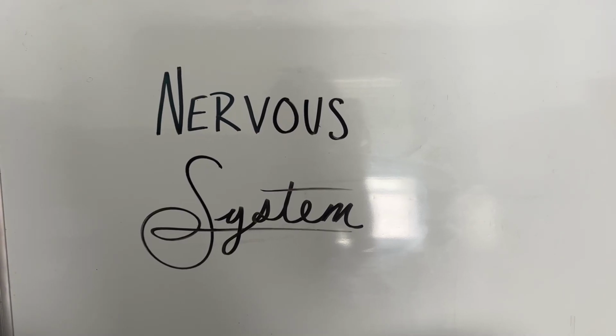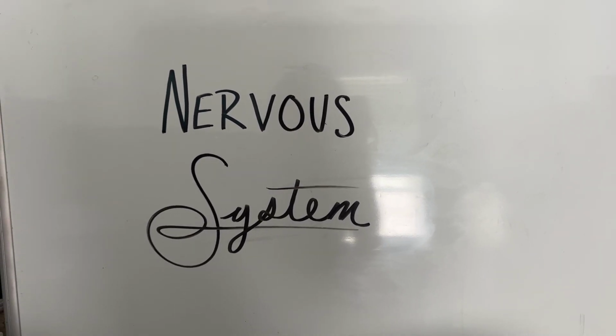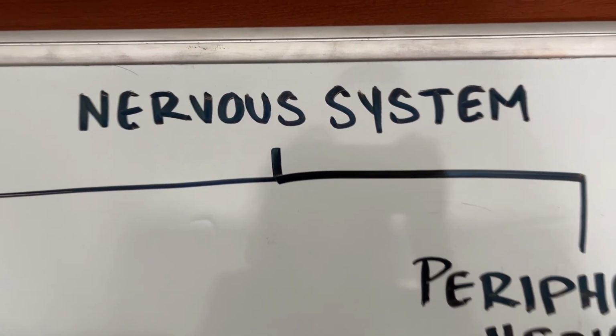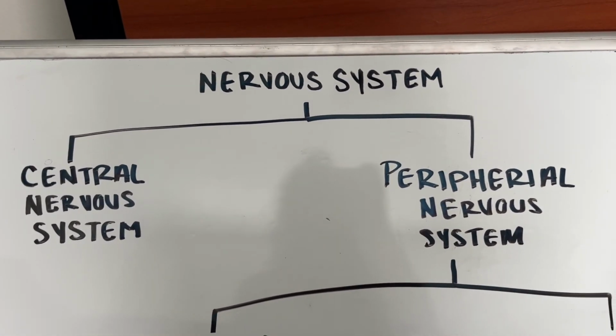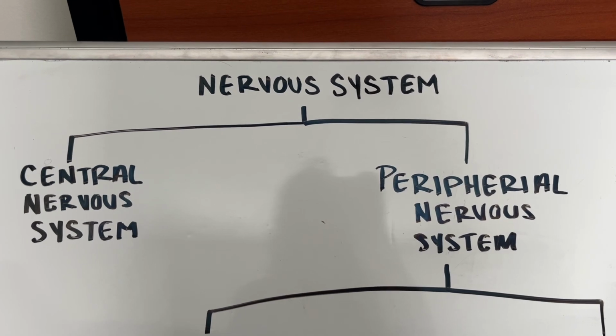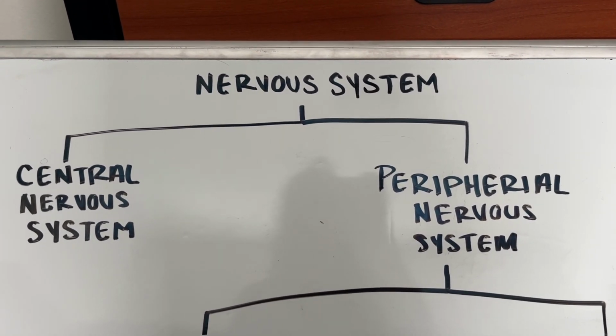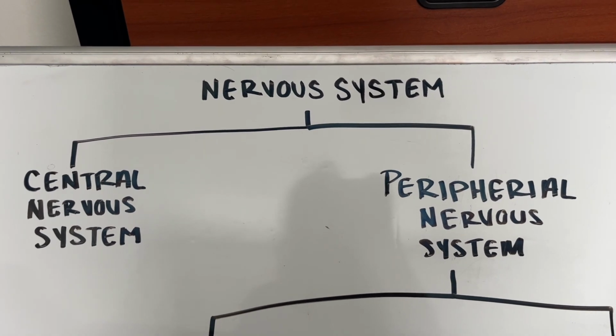In today's video, we are going to be talking about the nervous system. There are many different divisions of the nervous system. Our first division is between our central nervous system and our peripheral nervous system. Central nervous system is your brain and your spinal cord, and your peripheral nervous system is everything else in your